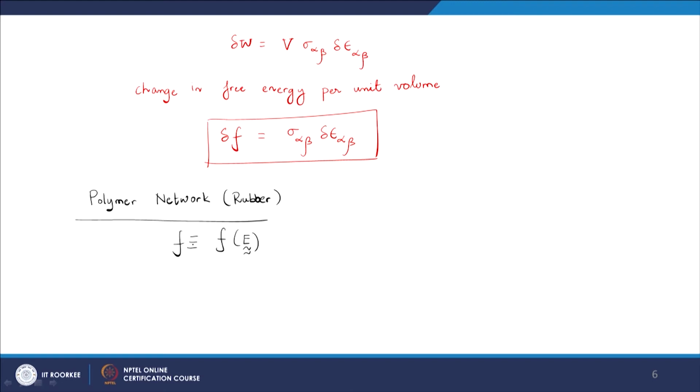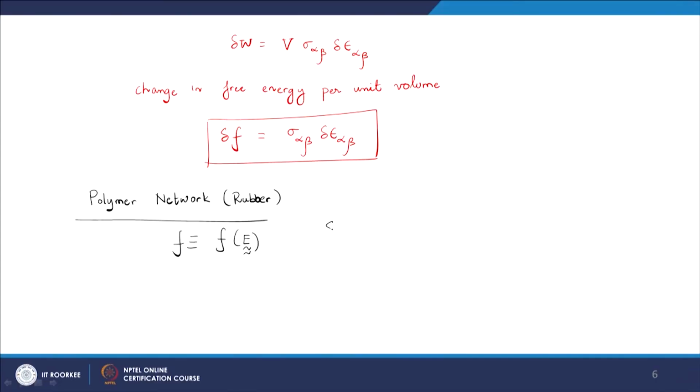The free energy is a function of only the deformation gradient tensor, and we will discuss why this is the case. We will derive it formally later. But if we take for granted this relation that f is a function of E alone, then we can write del f also as something like this. Okay. So, now I have two relations for del f,